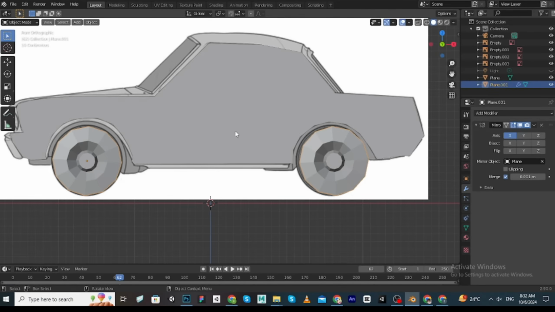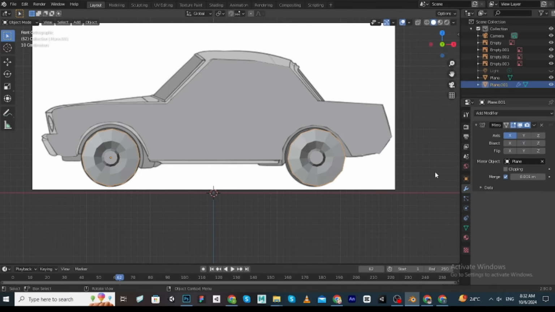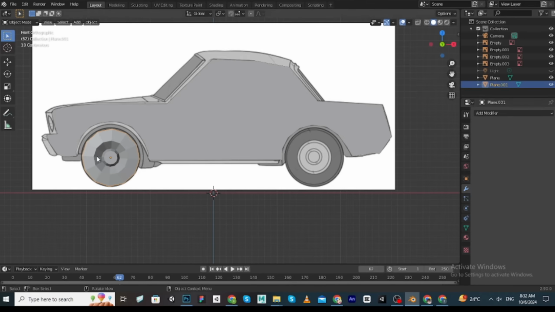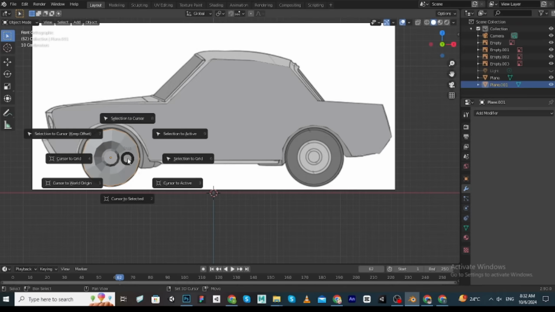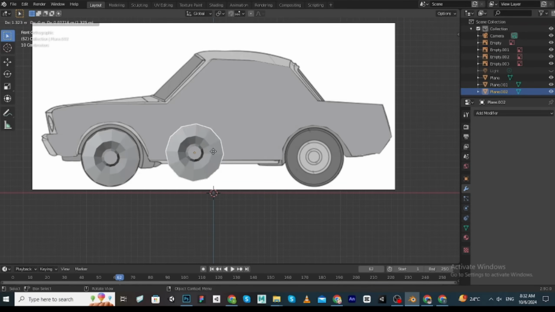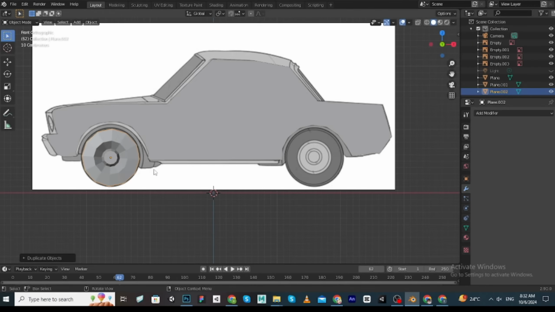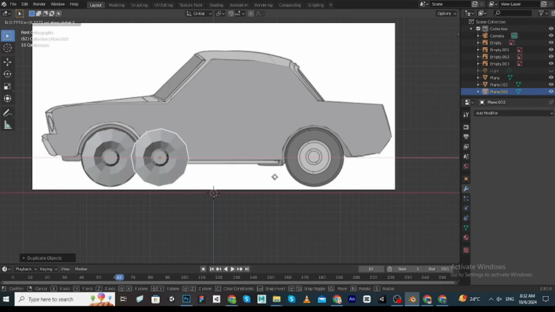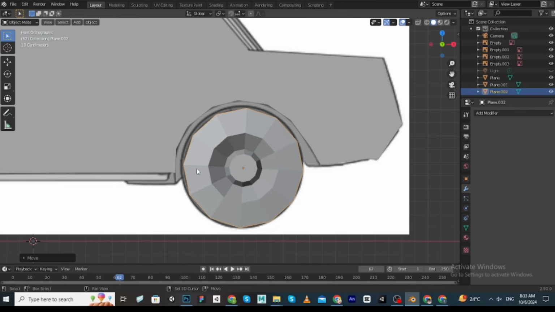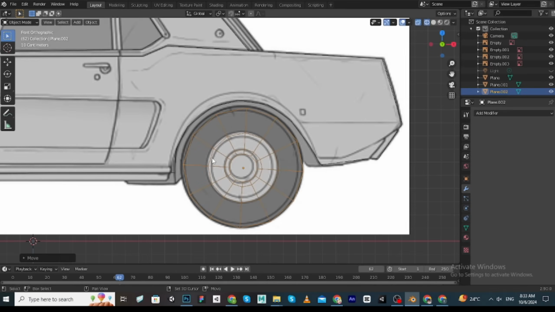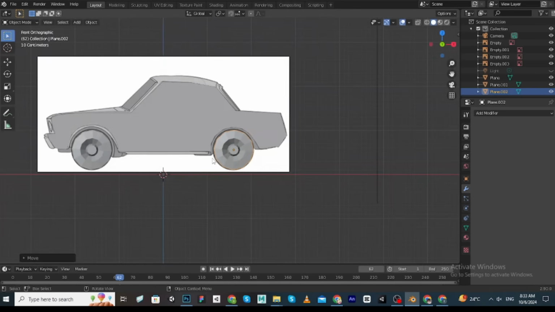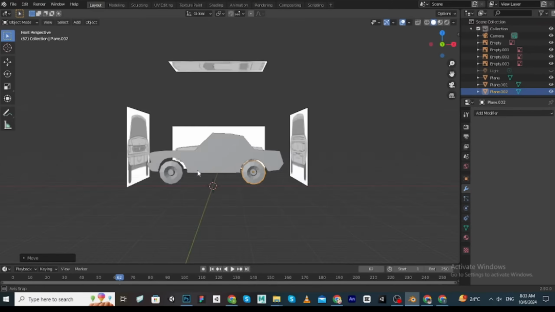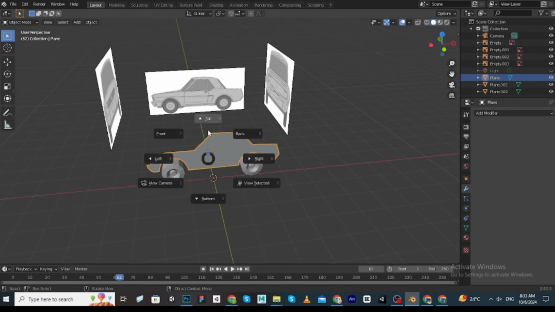Okay, so we would go to top and we would just decrease the width of our tire a little, like this. So just to move it right here,